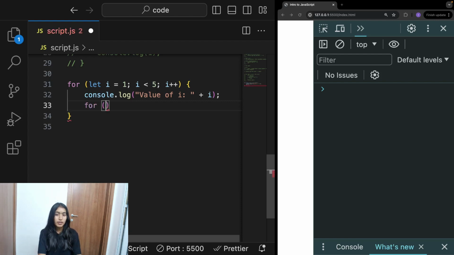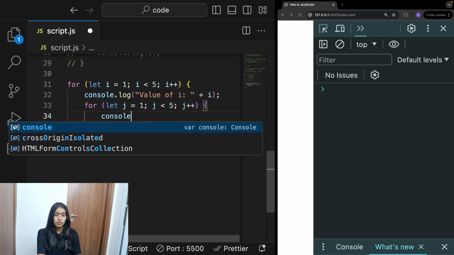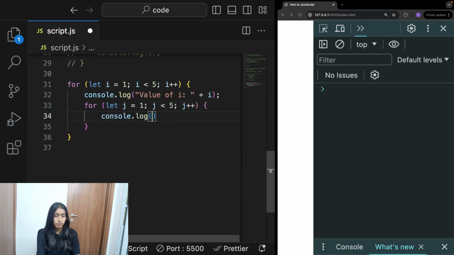So for let j. Now you can't use the same variable, obviously. So let j equal 1, j is smaller than 5, and then j plus plus. Inside this, console.log j.